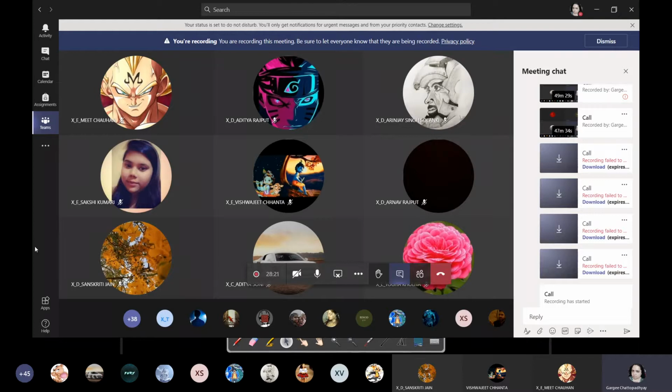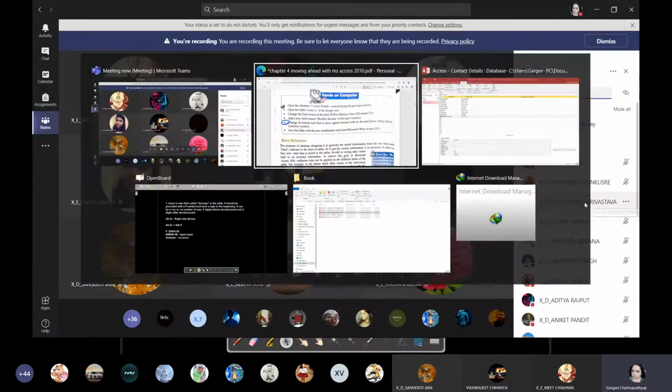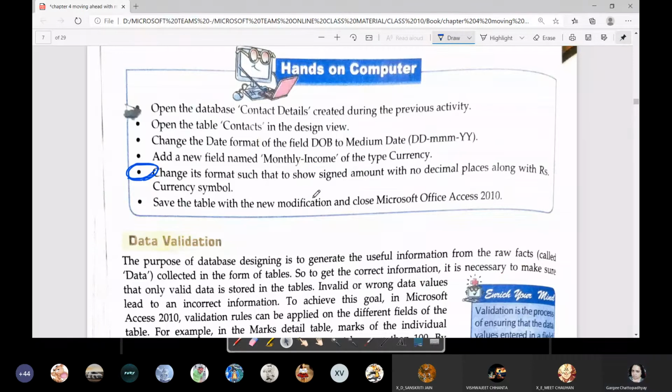Send me your answers in the class group or you can send me on the personal desk also. Or if you want, you can just tell me the answer here also. It should show a signed amount with no decimal places along with the rupees symbol. This one.